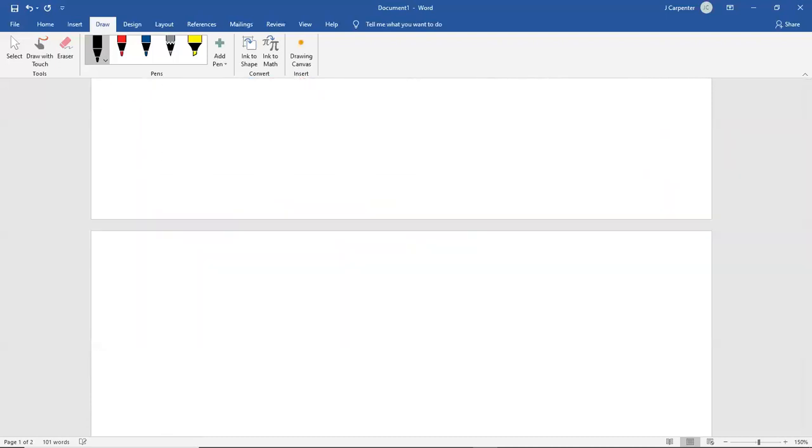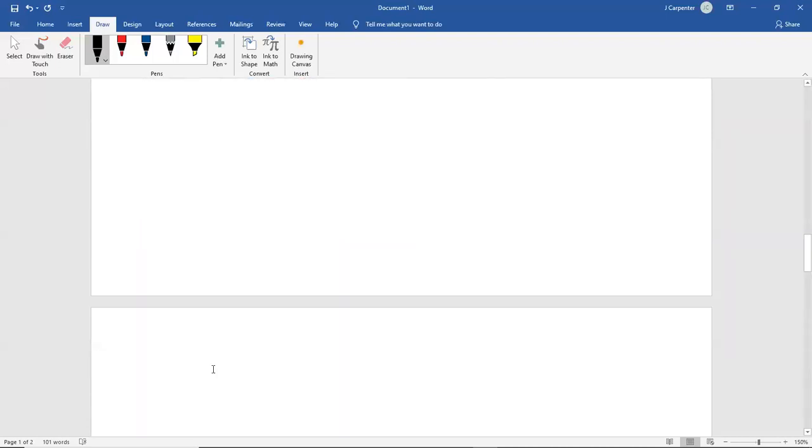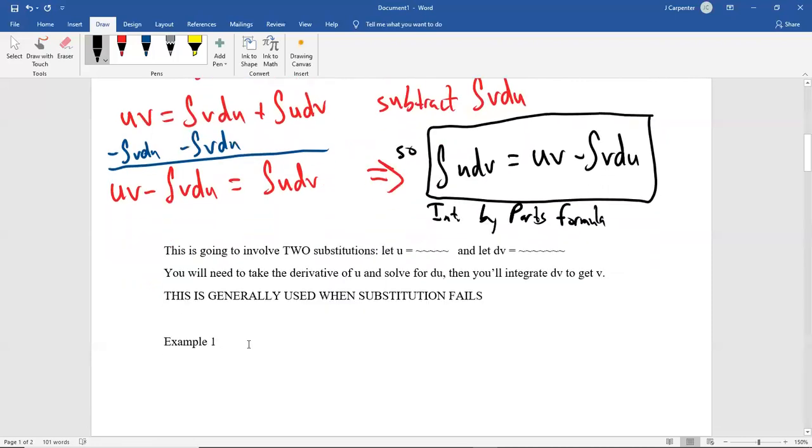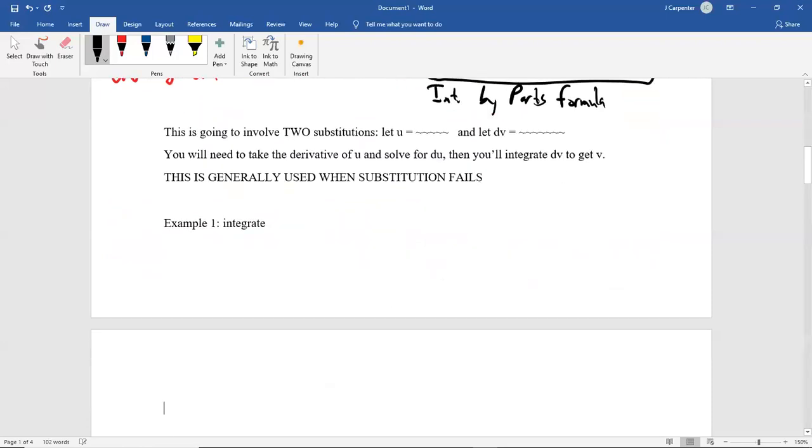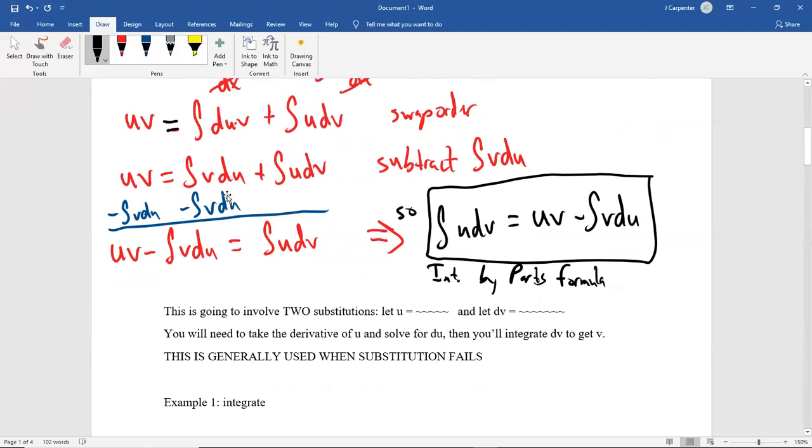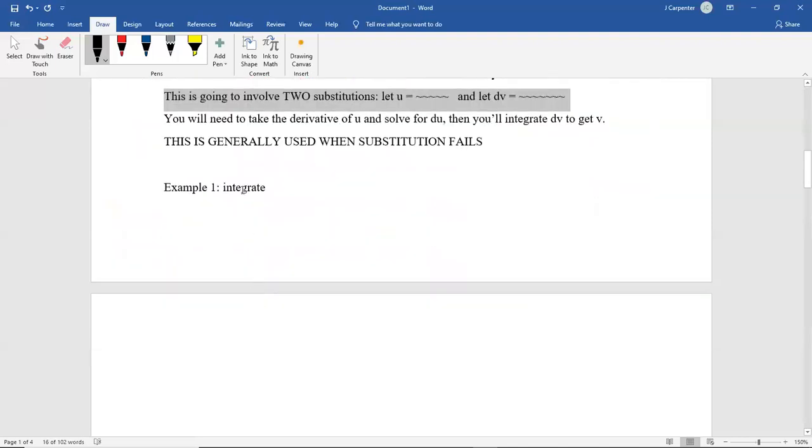Make sure I got lots of enters here for later. Example 1, integrate. I'm just gonna, how do I wanna have this set up? I'm going to copy this, just put it here,